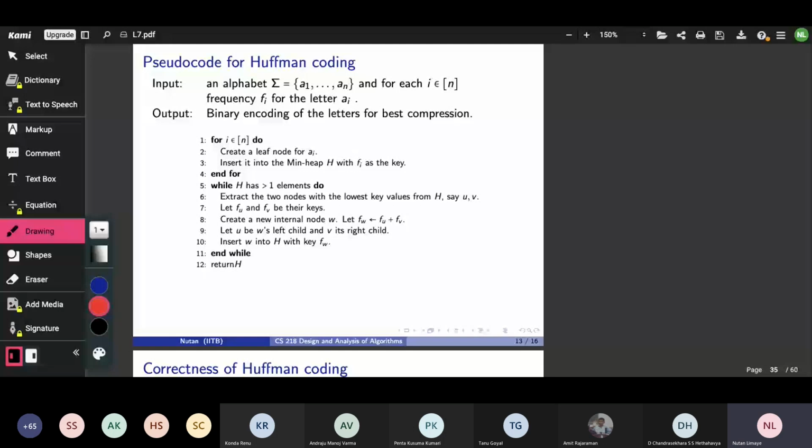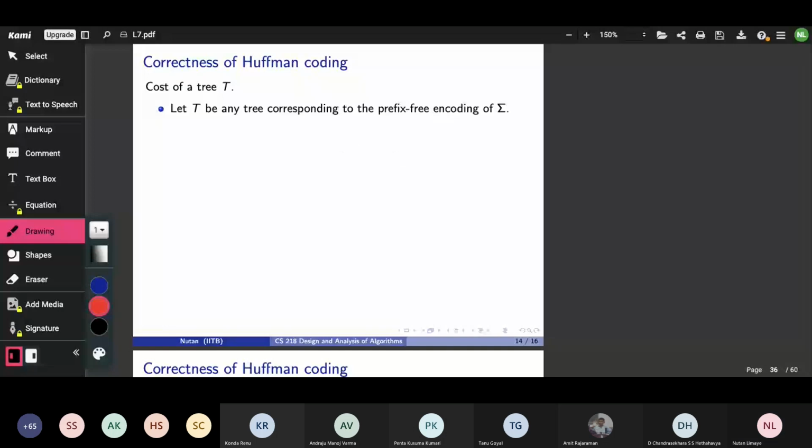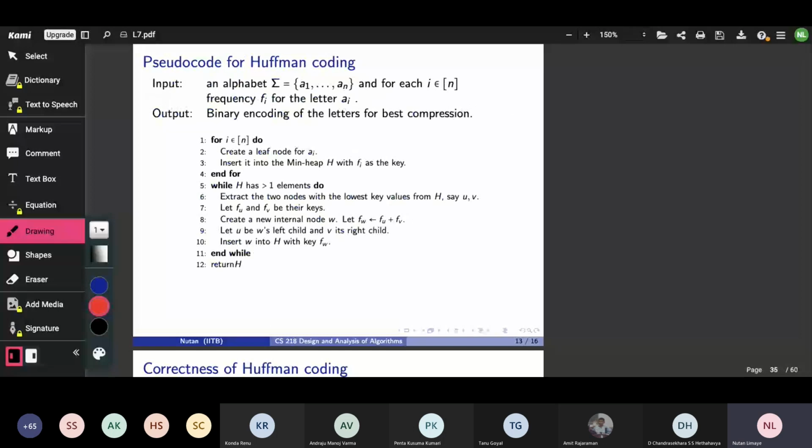So that's the idea. So that finishes the description of the pseudocode. What I haven't told you is how one uses min heaps, or how one implements min heaps. So I'll suggest that if you don't know anything about min heaps, just read about it. And I'm even hoping that in your data structures course, you would have actually implemented min heaps or some heaps, max heaps, min heaps. So with that, you would be able to completely understand the code for Huffman coding here.